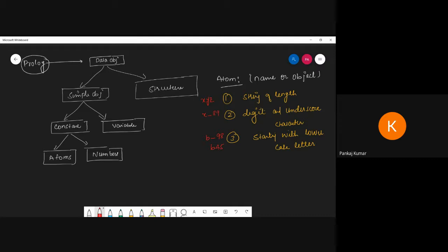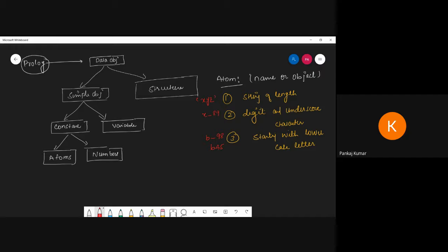So these are the possibilities to define all the things for the atom, and we can use a string of characters in single quotes.